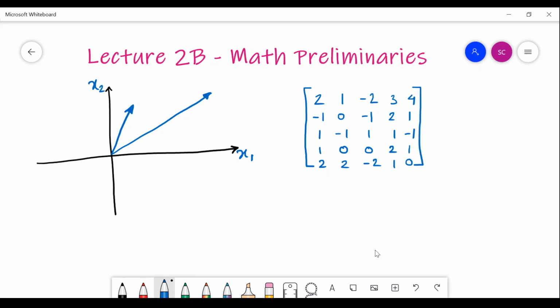Several pieces of information we can gather. The first thing is it is a 5 cross 5 matrix. We can gather the order of the matrix, so order is 5. Then we could take the determinant and see whether the determinant is 0 or not. If the determinant is 0, then it is a singular matrix or non-invertible matrix. If the determinant is non-zero, it is a non-singular matrix.